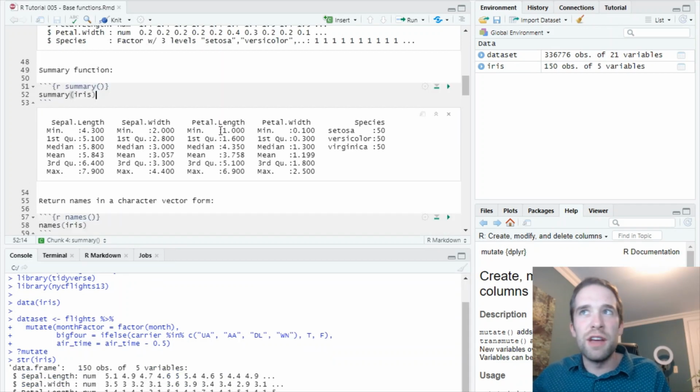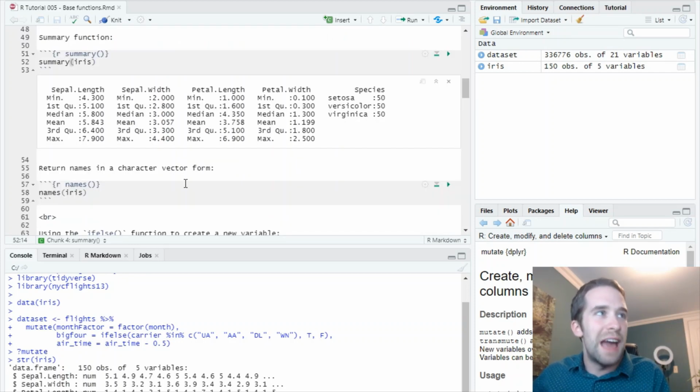Specifically, it's going to give you things like the 5-number summary in the case of these continuous variables. Now, species is a factor variable, so it's going to break down, for each of the different levels of that factor, what the counts are for each of them. So very helpful. And if you want to do only one variable at a time, you can do that, but iris has only 5 variables to it, so running the summary for the entire data frame I think makes a lot of sense here. Now, one other function which you should be aware of is the names